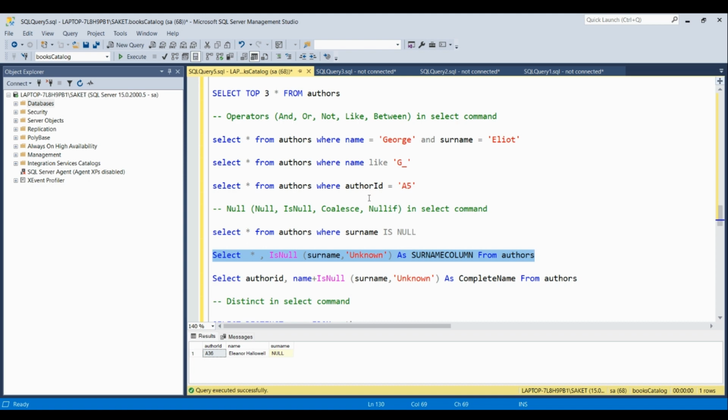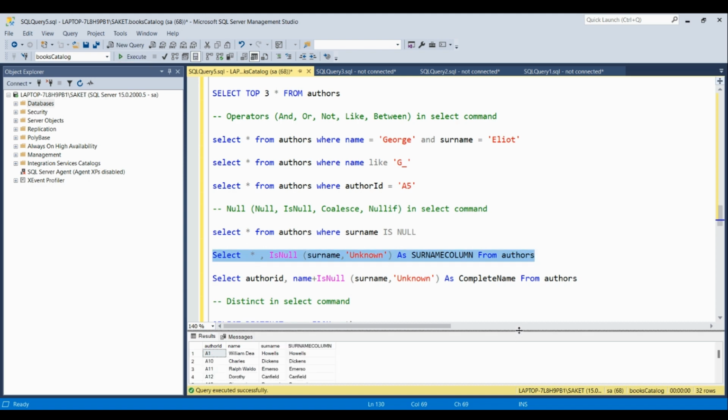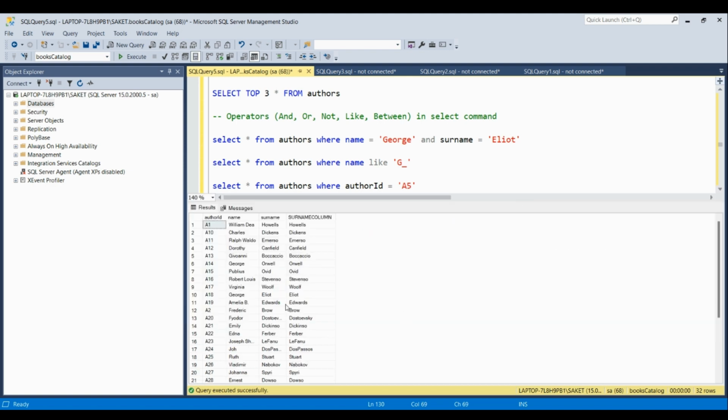When I execute this command, somewhere I should be able to see unknown, because in the last command we saw that in 836 the surname value was null.